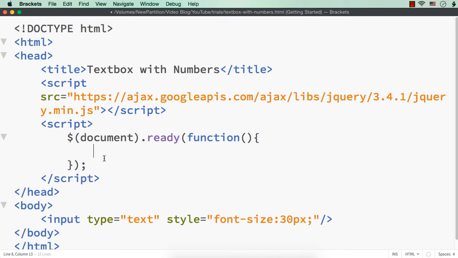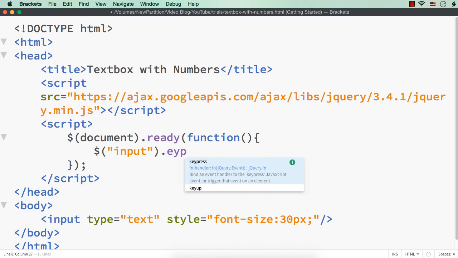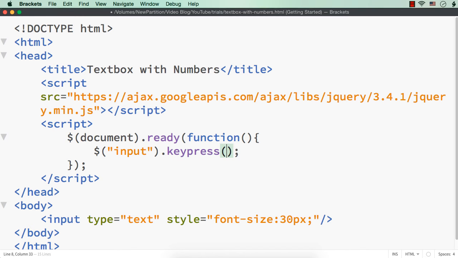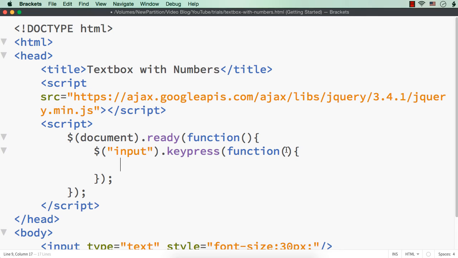So I want to write the code on the keypress event. So let me write $('input').keypress. Okay, again function, open and close parenthesis, open and close curly braces, and as this is a keyboard event, I need to get the event, right? This keypress is a keyboard event, so I want to get the key which is pressed, so I'm getting it from event. And here let me write evt equals, this will be either evt or window.event, because in different browsers